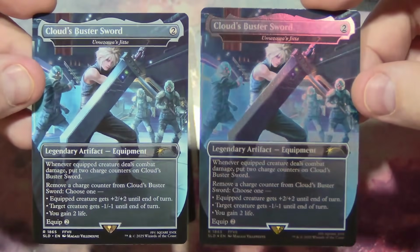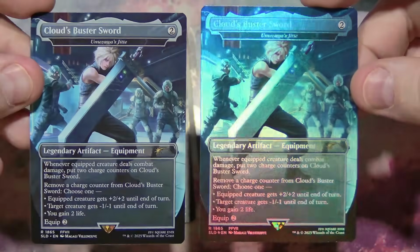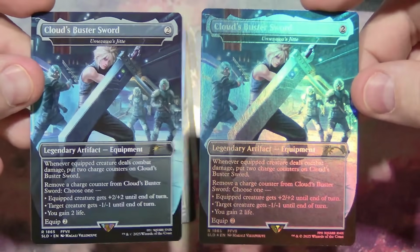I do think it's funny that this version of the Buster Sword is the Jitte. It's just this very versatile thing that you can use for quite a while to get lots of different effects. The foil there, it looks cool. Again, I think